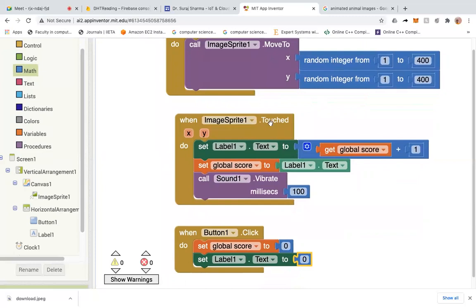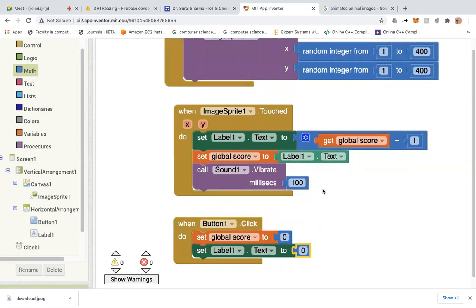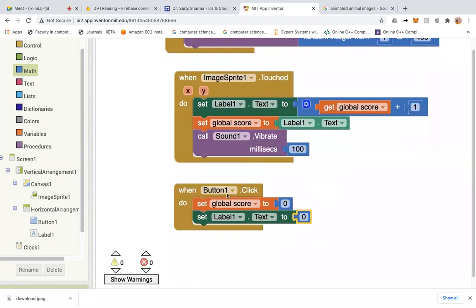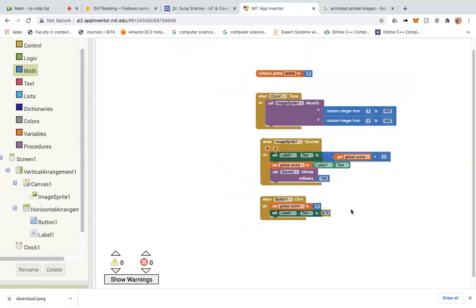Second, whenever I touch the image, the label value will take the global score and make it plus 1, and the global score will be updated, and one vibration will be there. When I don't touch it, it will not do anything. Whenever I click on the reset button, the score will become 0 and my label will also become 0. So this is my logic.